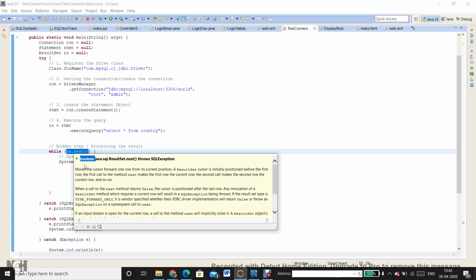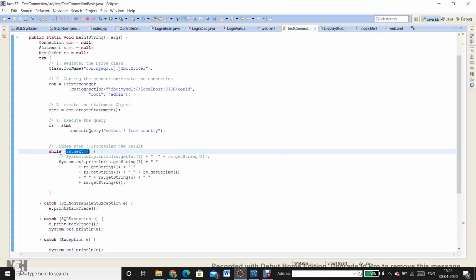If it returns true, that means you have the next record and it has iterated over that record. If it returns false, that means there is no record. You have already reached the last record of the result set, and you cannot move further, so it returns false so that your loop, your iteration, ends.